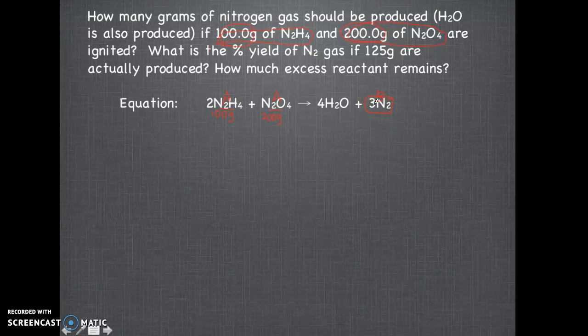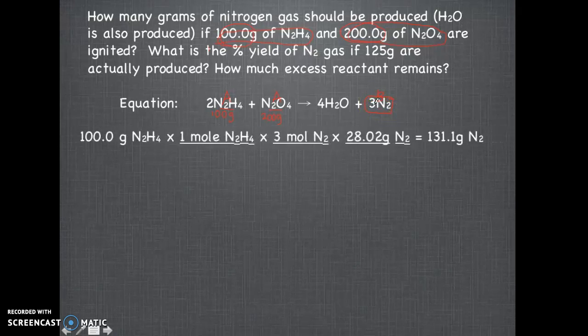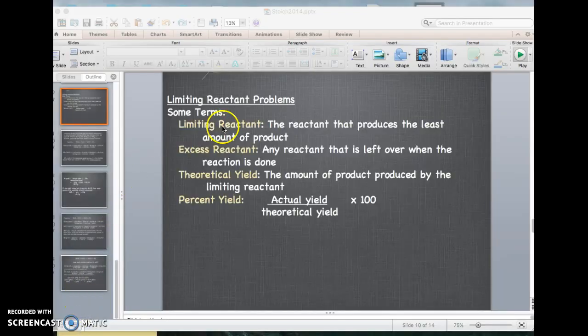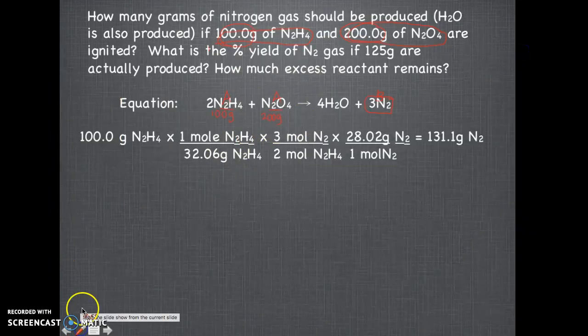We're going to do our first stoichiometry setup. And let me go ahead and put this out there. And again, remember, you guys could pause this so you could actually copy it down into your notes. But let me walk you through what you see over here. So I'm starting off with 100 grams of N2H4. So I'm going to go ahead and carry out this one. Oh, darn it. Let's go back. So I'm going to go ahead and carry out